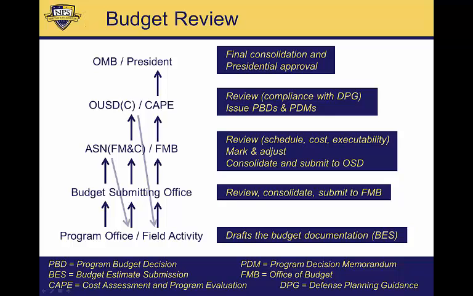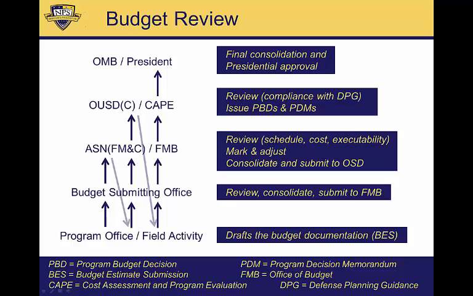This diagram shows the Assistant Secretary of the Navy for Financial Management and Comptroller, but it could have just as easily shown the Secretary of the Army or Air Force. That Service Comptroller will review according to those criteria, mark and adjust that budget as necessary, and then they'll send it back to the program office or field activity to do the next draft of the budget for the OSD